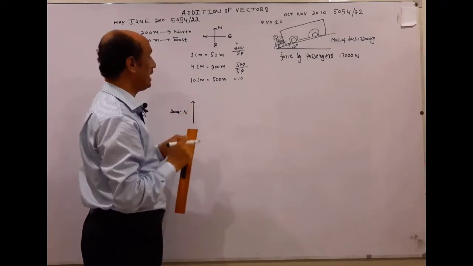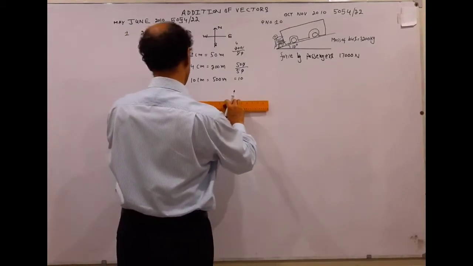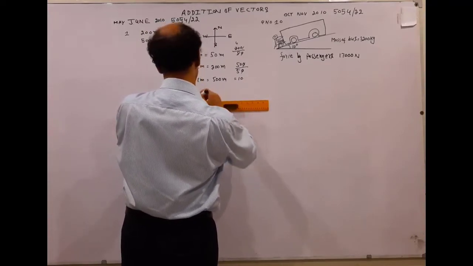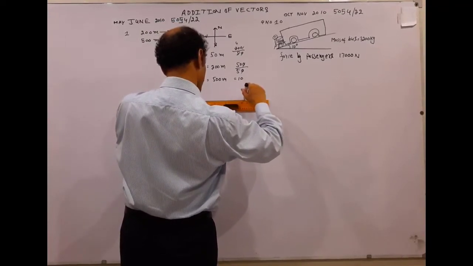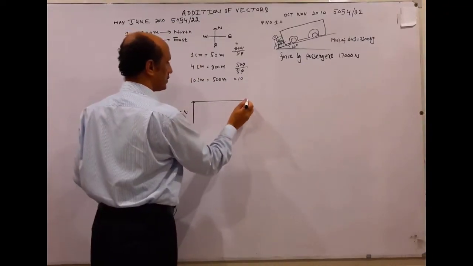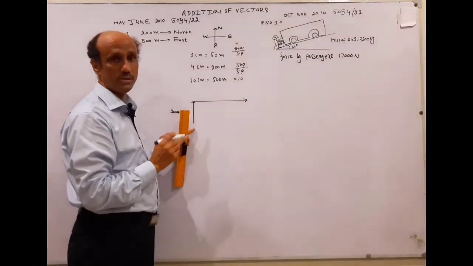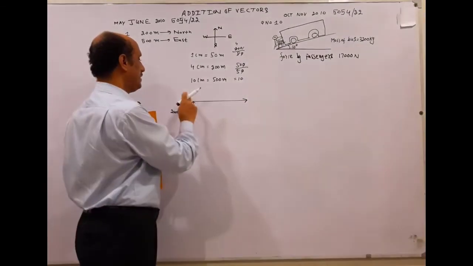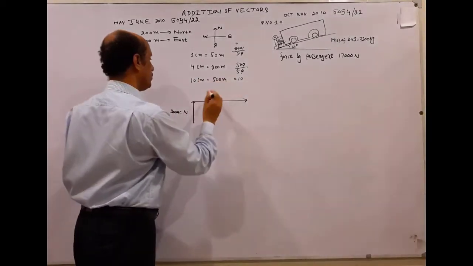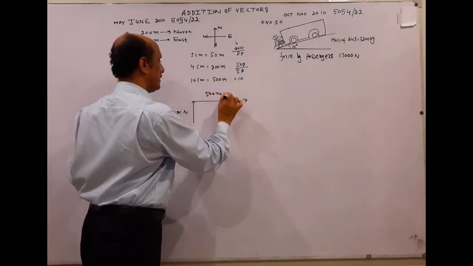Then the angle is 90 degree, so we will draw a 10 centimeter line. I will draw it and then you can see. Ten centimeter line towards east. The journey starts from north direction and then it turns towards east, and this magnitude is 500 meter towards east.